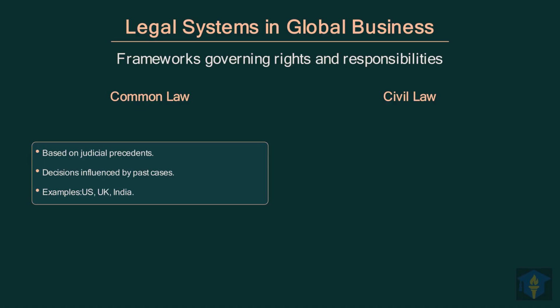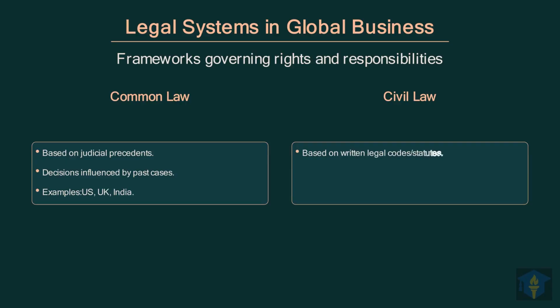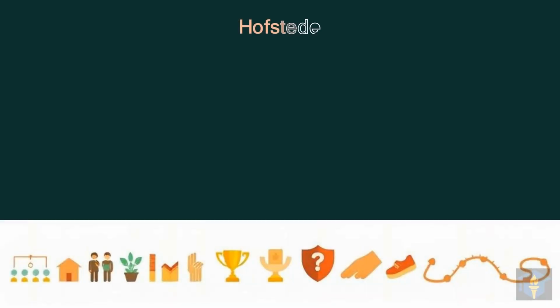Next, we have civil law systems, which follow a different approach to justice. This system is based on comprehensive written legal codes and statutes for guidance. Judges apply these codified laws strictly rather than relying on precedent primarily. Examples include Germany, France, and Japan as prominent civil law countries. Let's explore Hofstede's cultural dimensions framework,